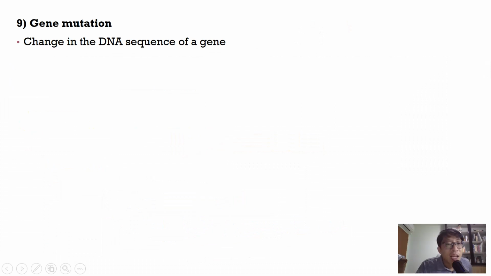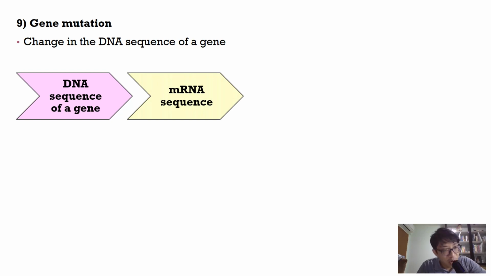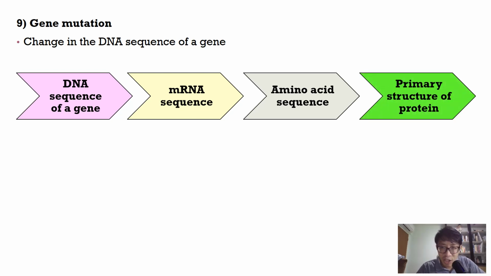Okay, so gene mutation is defined as a change in the DNA sequence of the gene, right? So you can imagine, if the DNA sequence of the gene is changed, then the sequence of the template strand is changed. So because of that, after transcription, the mRNA sequence will change. A change in the mRNA sequence may result in a change in the amino acid sequence after translation, right, based on the mRNA that is changed. So there may be a change in the amino acid sequence, which is a change in the primary structure